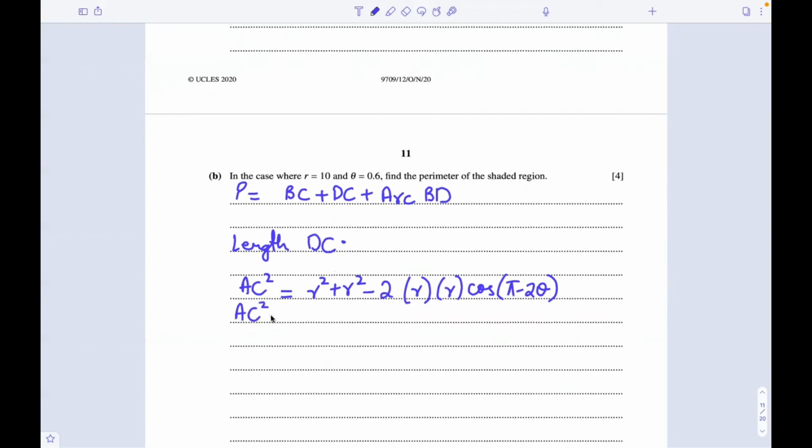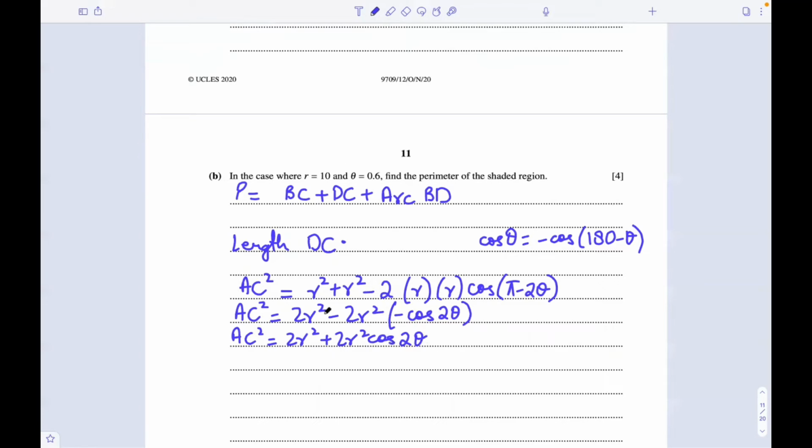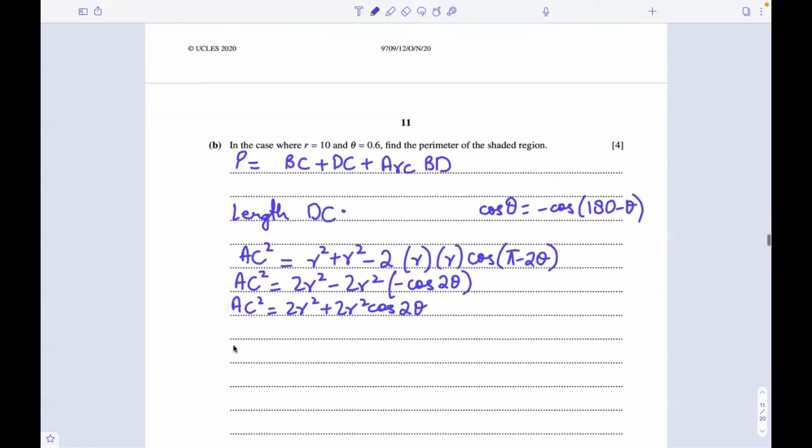Simplifying this, we get AC square is equal to 2R square minus 2R square. And now applying the identity for cos, which is cos of theta is equal to negative cos of 180 minus theta. So as we have pi minus 2 theta, this can be written as negative cos of 2 theta. So AC square would become 2R squared plus 2R squared cos 2 theta. Now we have the values of r and theta, we can substitute them up there. So substituting the values of r and theta, we get